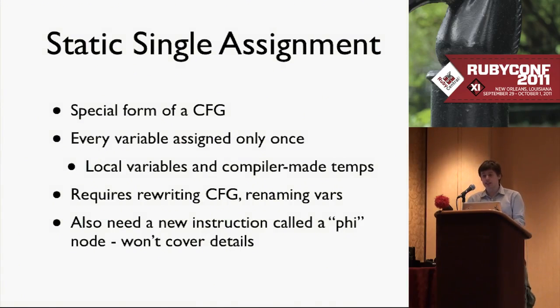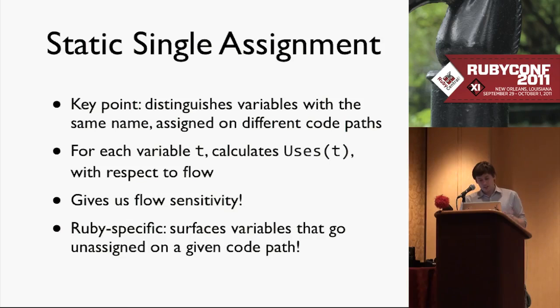All right, so static single assignment is a special form of a CFG. In this, every variable is assigned only once, local variables and the compiler-made temporaries. This requires rewriting the control flow graph, renaming variables. In Ruby, it involves changing the structures a little bit in the situation of unassigned variables. You also need to add a new instruction type, but you don't need to know about that. You just don't. So the key point is that it distinguishes variables with the same name that are assigned